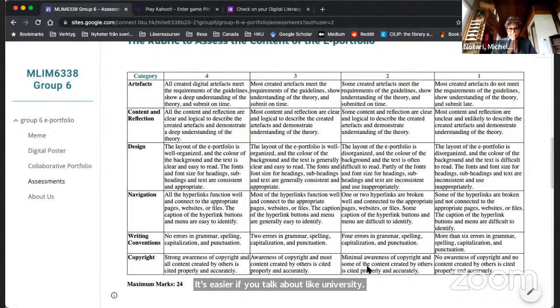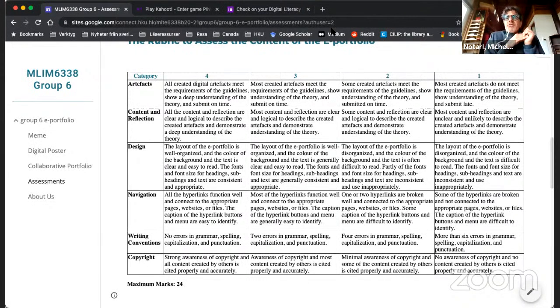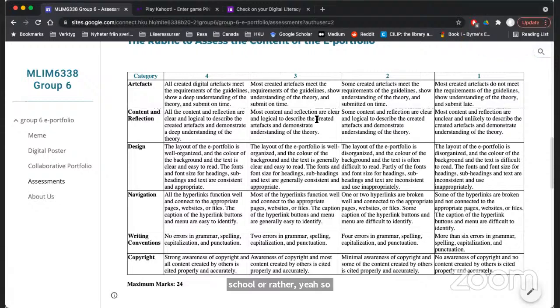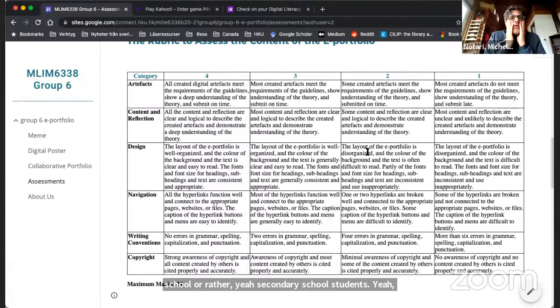So the thing is actually, group 6, what sort of target audience did you address? Is that secondary school or rather? Yeah, secondary school students. So actually there, if you have a look at the terms you're using, they might be a bit complex. Don't change it, but just think of the target audience, because it takes so much time to create such a rubrics table. The better you conceive it, the more useful it is and the more helpful for increasing